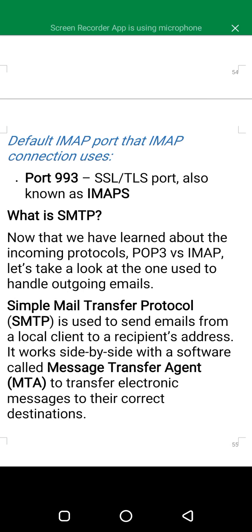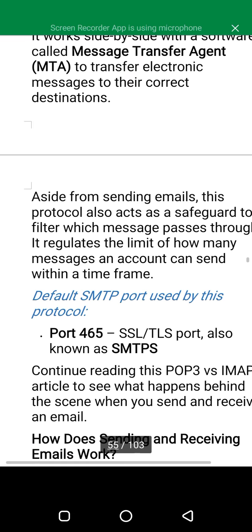If you're sending to samuel@gmail.com or to samuel@yahoo.com, it is the message transfer agent that will help you find those destinations and send the message to the correct destination as defined.